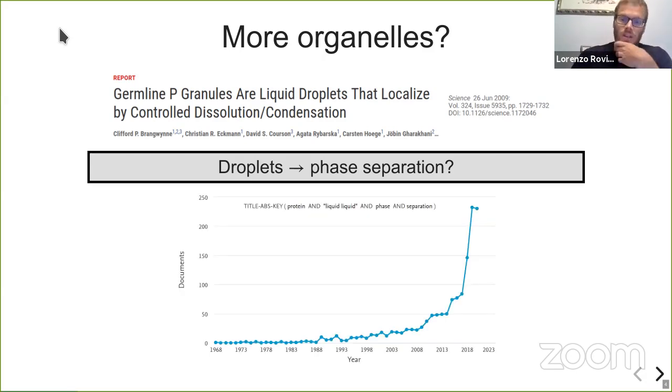And this is not something I like to do usually, to show the number of papers about some subject published in some years, but this is quite a sharp increment. This is the number of documents published that contain the expression protein liquid phase separation, either in the abstract or in the title. And you see that there is a huge jump after 2010. So after the appearance of that paper, people realized that phase separation could play a huge role in the cell because of these organelles.